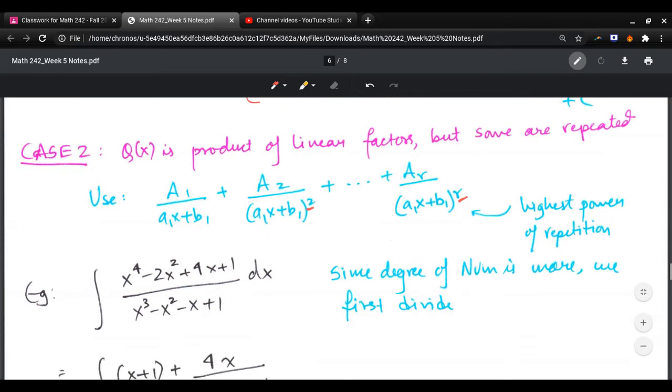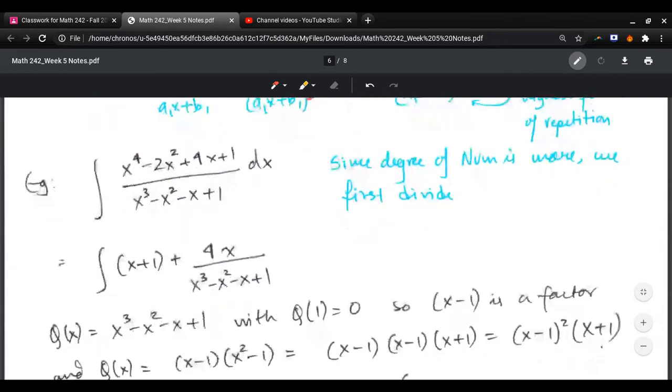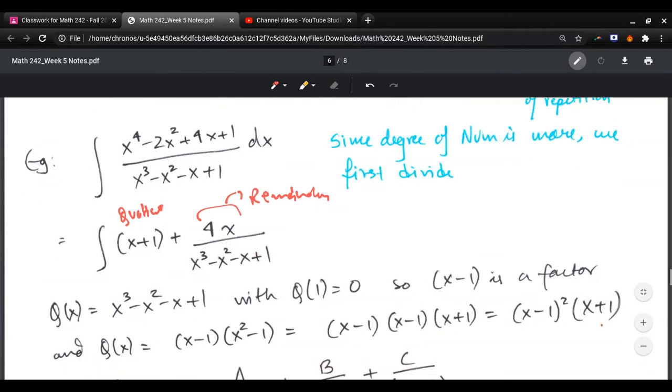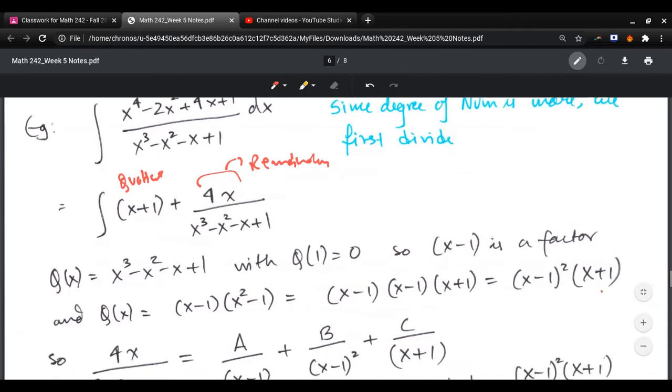Again, here the degree of the numerator is more, so we first perform division. I'm going to leave you to perform the division. When you do so, you should get this to be the quotient, and you get this to be the remainder. Okay, now let's try to factor the denominator. First of all, I notice that q of 1 is 0, so x minus 1 is a factor. And q of x comes out to be x minus 1 times x squared minus 1, which is x minus 1 squared